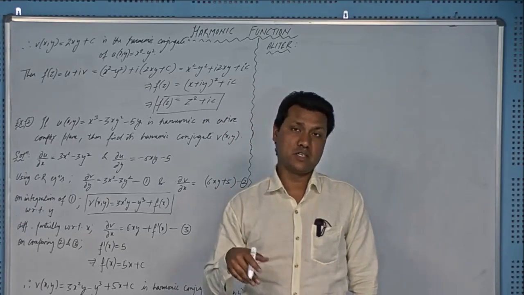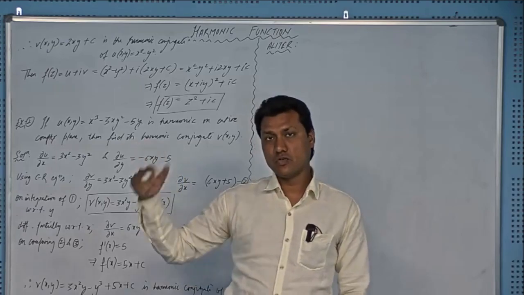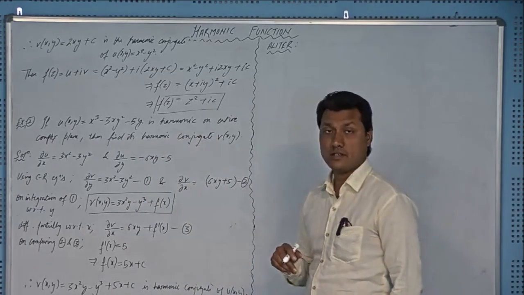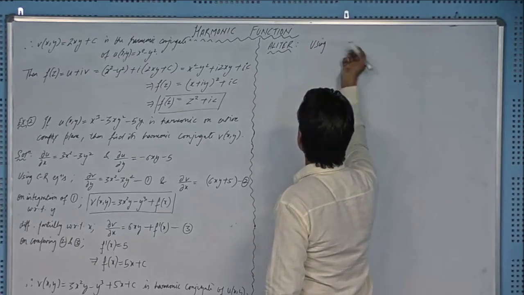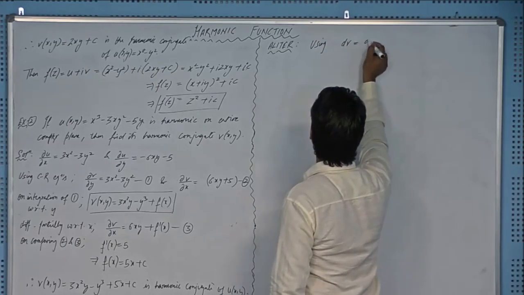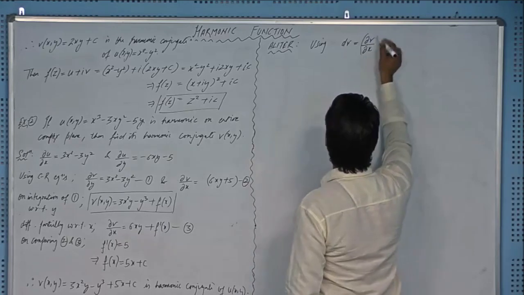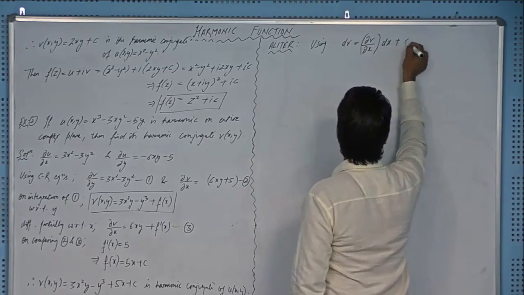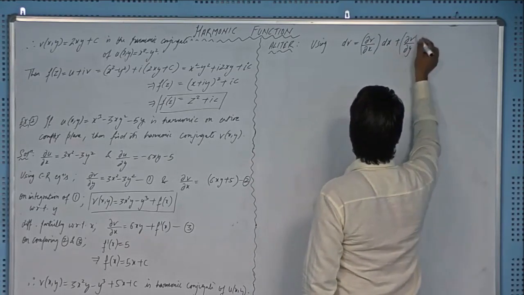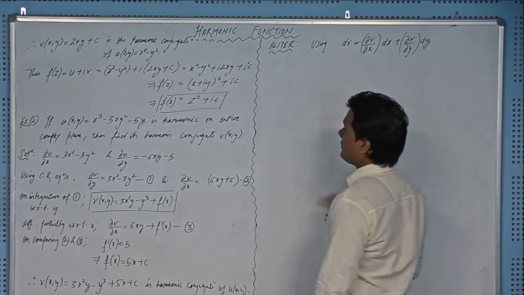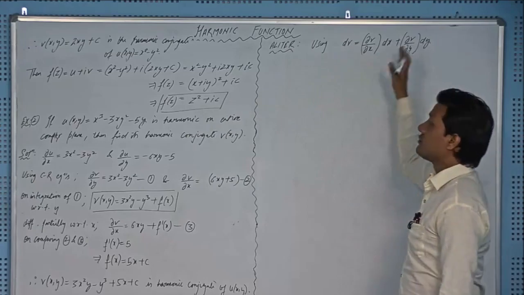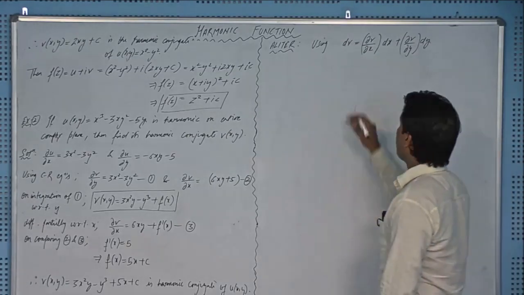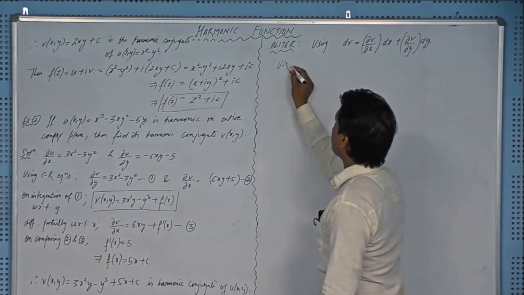And that is del v over del x multiplied by dx plus del v over del y multiplied by dy, right? I am going to use that total derivative formula. dv is equal to del v over del x dx plus del v over del y into dy. Since we need v, u is given in the question. If v is given in the question, then we will write this formula for u, and similarly. And then using CR